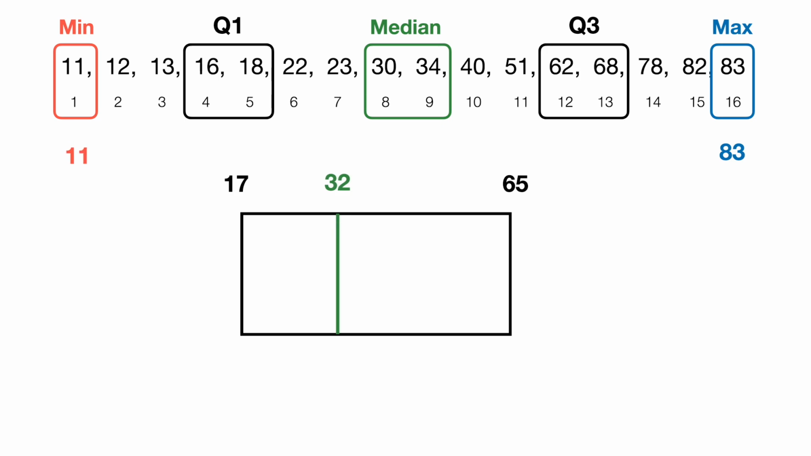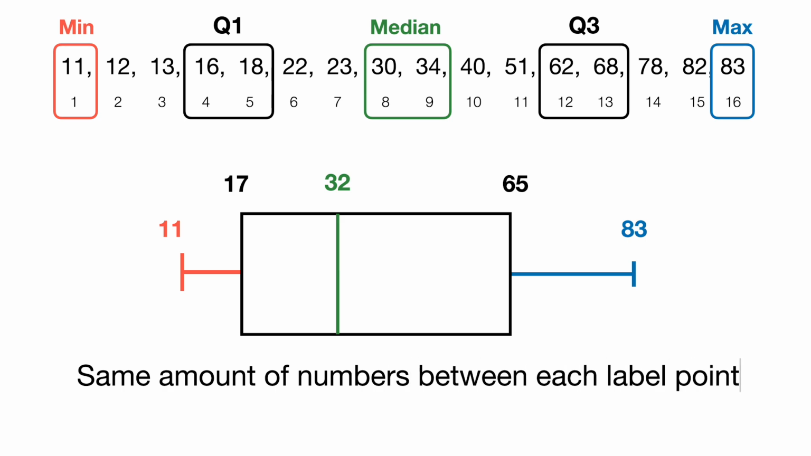And now let's bring in our minimum. So it's only 6 away from 17. So again, it's very close to 17. And let's bring in our maximum, which is 18 away from 65. So there is our box plot, but also again, remember that there's still the same amount of numbers in between